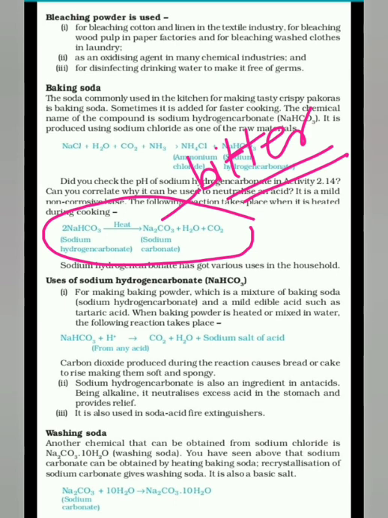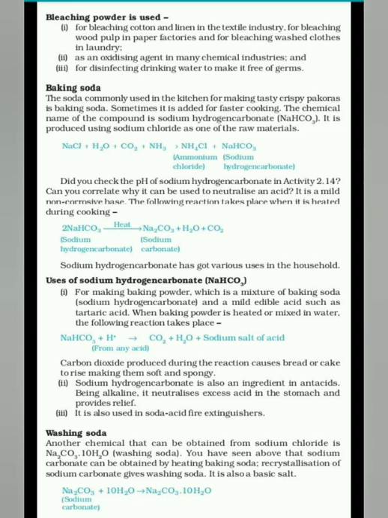Now we will see uses of sodium hydrogen carbonate. First use is what? It is used in making baking powder. This baking powder is a mixture of baking soda and a mild edible acid such as tartaric acid. So in baking powder, baking soda is present, and with that it has a mild acid such as tartaric acid. On heating, it forms carbon dioxide, water and sodium salt of acid. And due to the carbon dioxide produced in this reaction, it causes bread or cake to rise, making them soft